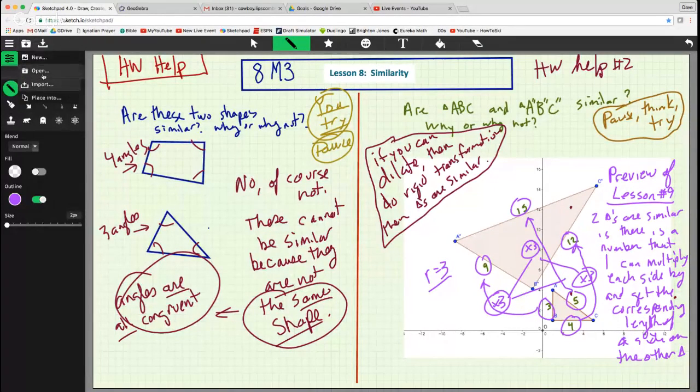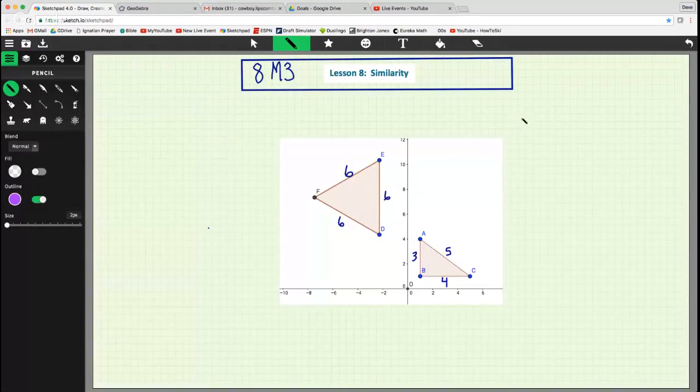So let's use that concept and do the last homework help problem. And the question is, are these triangles similar? And yet they don't look similar, right? This one we have a right angle here, and so there's no angle that matches up to be a right angle on this one. So we know the answer is no. But let's use what we learned on the last lesson, or on the last slide. And let's say, okay, well, this side is going to map to the shortest side over here, which is 6. They're all 6. But this one is times 2